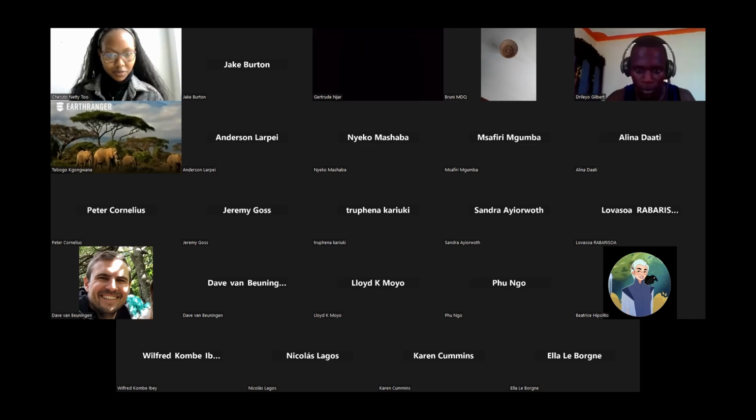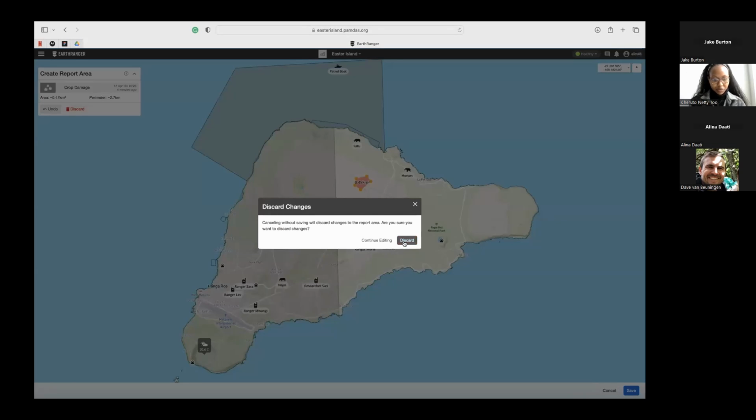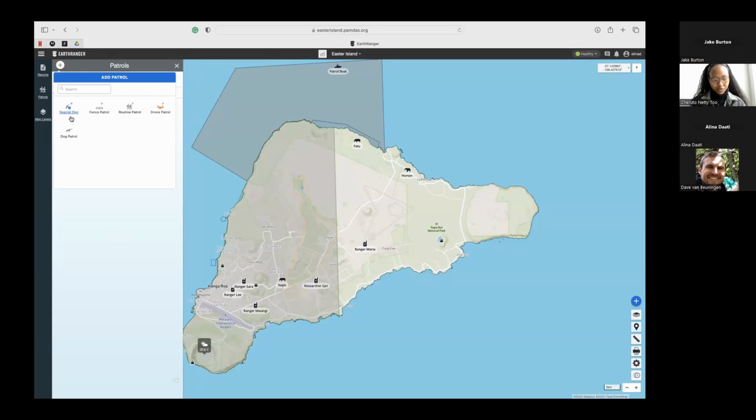I'm just going to share my screen again. There we go. Okay, you can see my screen? Yes. Okay, good. Sorry, I'm going to cancel that. Discard. Okay, good. So see here, there is a patrol feature and you could add, so let's say your team is on a routine patrol, you could,